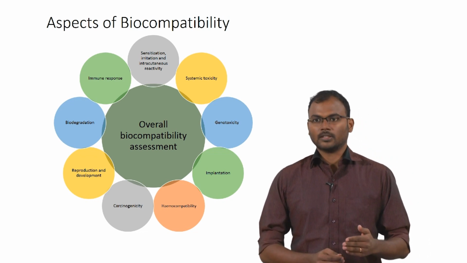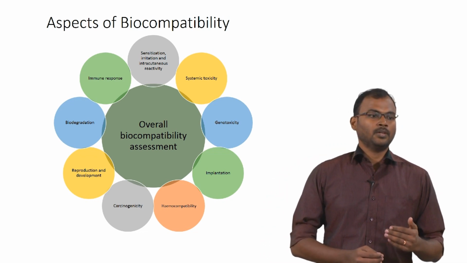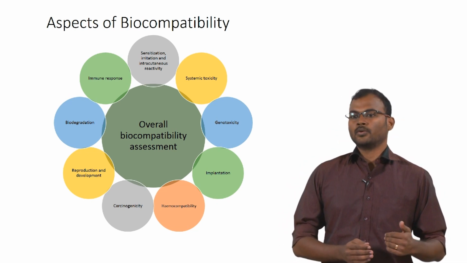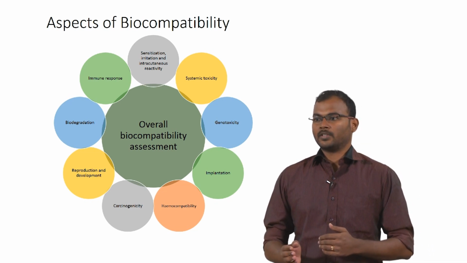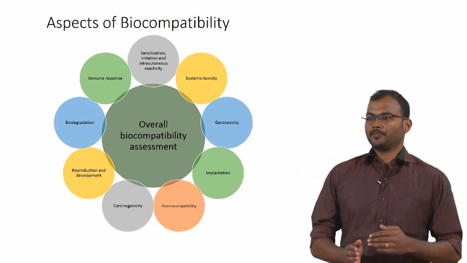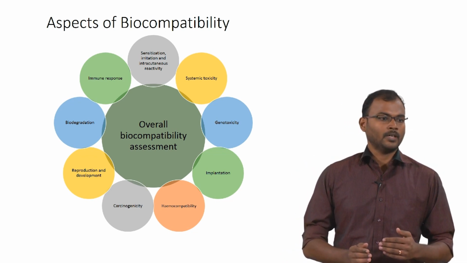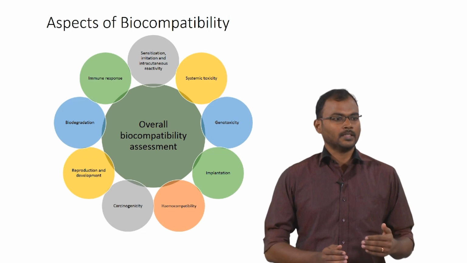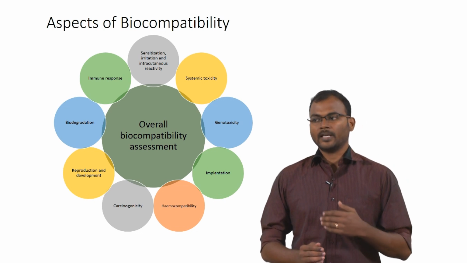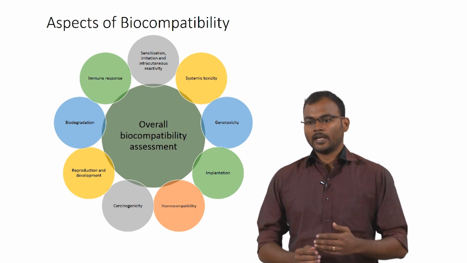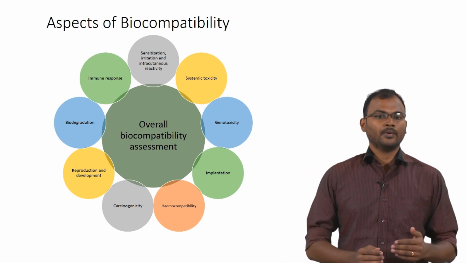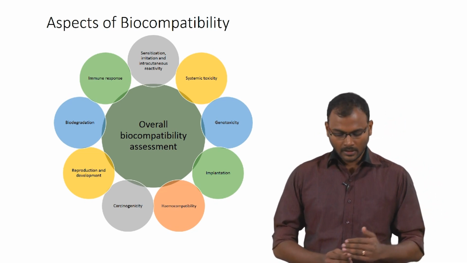Then systemic toxicity. Systemic toxicity involves what duration of toxicity you are going to observe over a period of time. Toxicity is a commonly used term for studying the biocompatibility of any scaffolds, hydrogels or materials. What you are basically going to do is check whether the material you have produced is leaching out any compound or interacting with the cells and killing the cells. So, we have to check that using systemic toxicity.